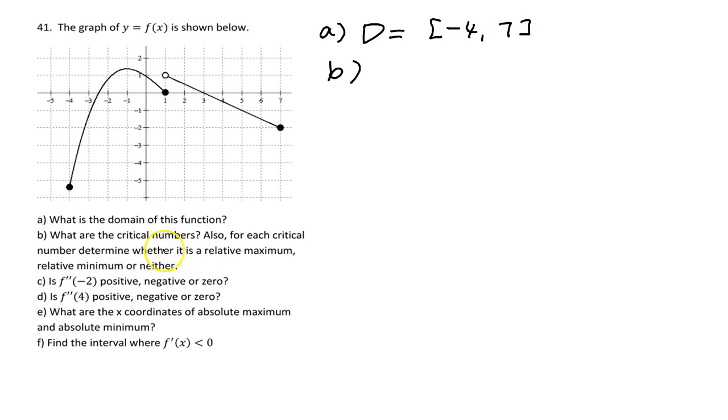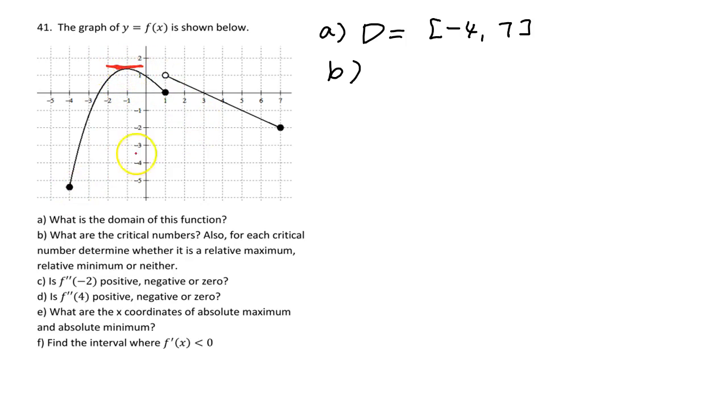What are the critical numbers? What's a critical number? Those are the points where the derivative is equal to 0 or the derivative does not exist, and it has to be an interior point of the interval. So -4 and 7 you don't consider as critical numbers, but see here